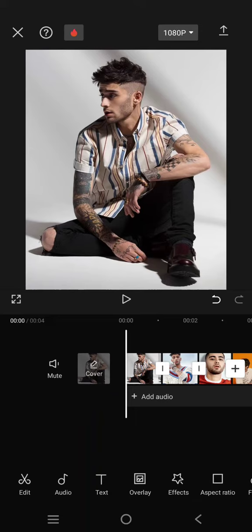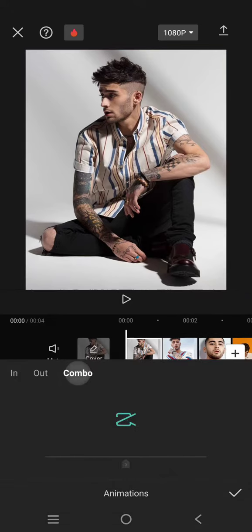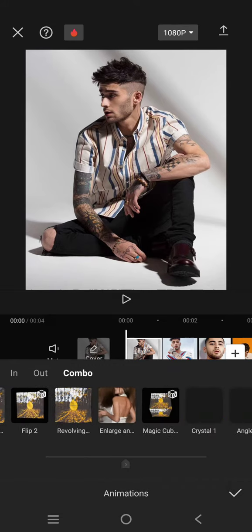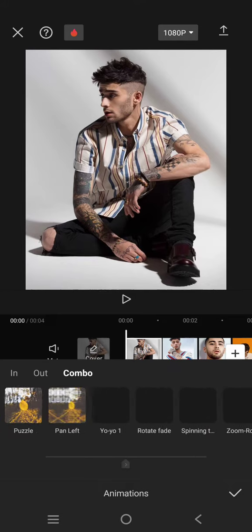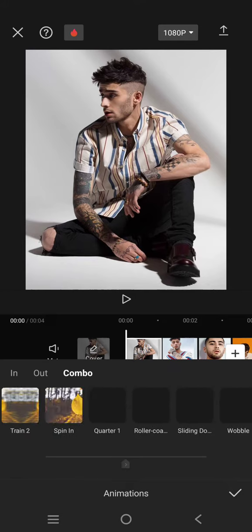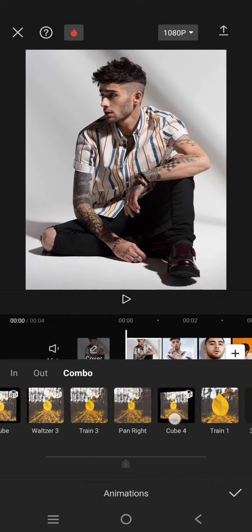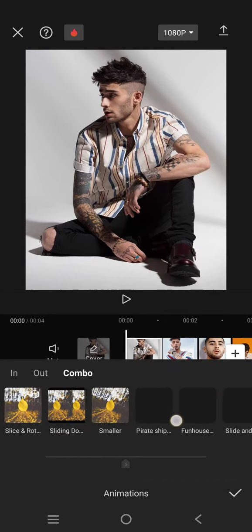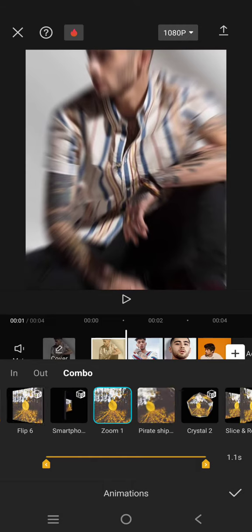So just prepare your clips or photos, and then on each clip, go to animation, combo, and then select or apply the zoom one animation. Let's find zoom. Okay, this zoom one, apply it to all of the clips,